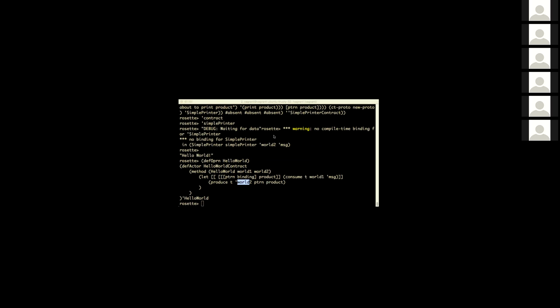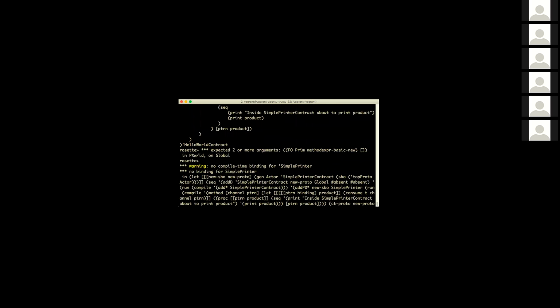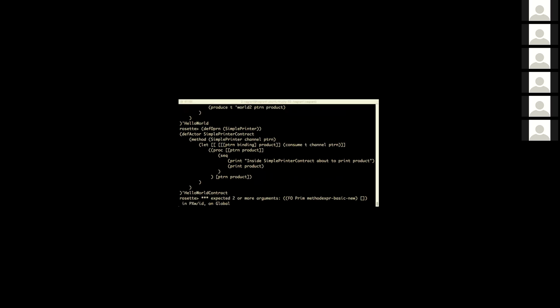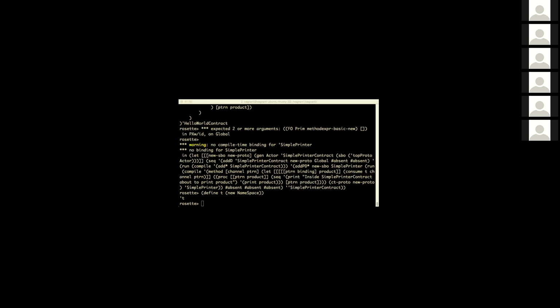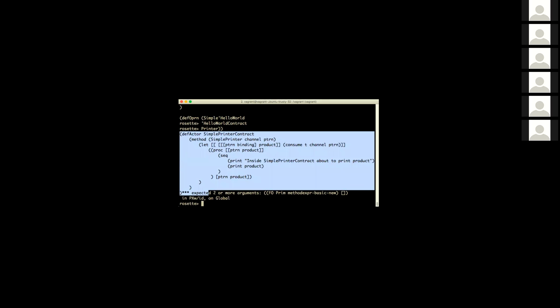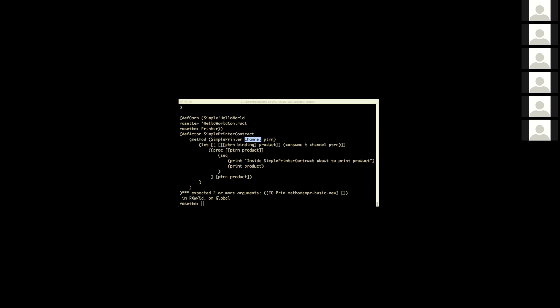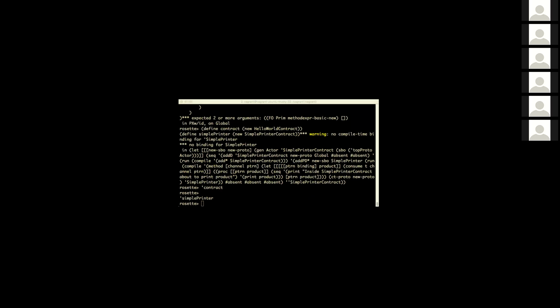And then we have this separate printer contract that waits for data on world 2. Sorry, I forgot to paste in the namespace, but we have this simple printer contract that waits on another channel that you pass in, and this will be world 2. Let me just show you the invocation.